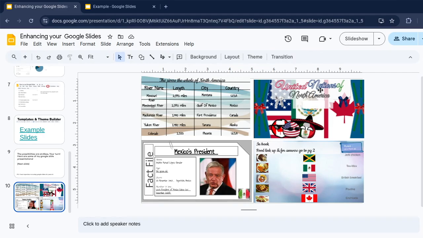You can also see here on the river name and length, I decided to use a different cursive font for my title and a different font for my bar table as well. So now your turn,